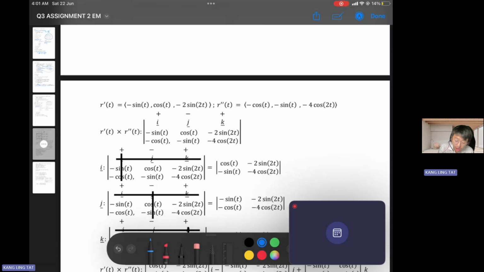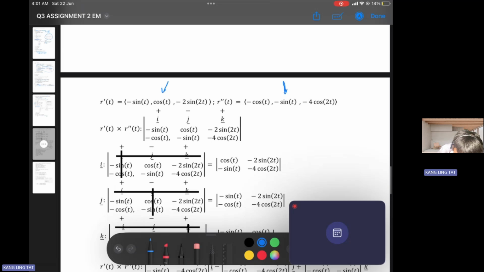So now, with that in mind, we can actually put out the coefficients for each. Negative sine t is going to be in front of i, and cos t will be in front of j, negative 2 sine 2t will be in front of k, and the same goes here for i, j, and k. So now we need to find the cross product of the first derivative of the vector function and the second